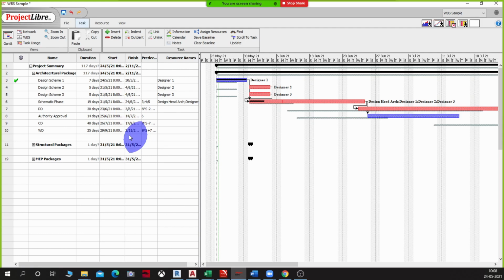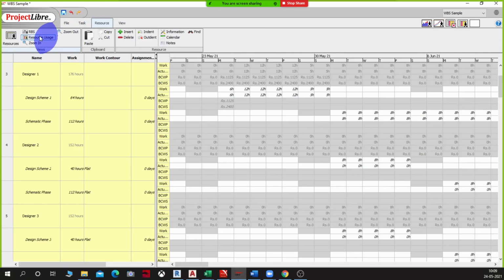The S curve is basically whatever the planned versus actuals. EV versus PV gives you the AV, right? So that's the earned value management graph, right? That is what we calculated now in this resource usage as well. The BCWP and BCWS basically is telling you the EV and PV.